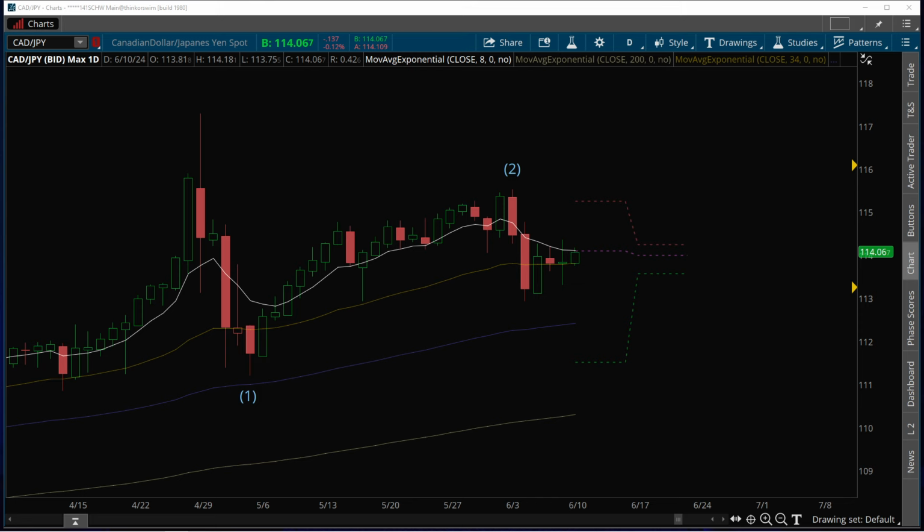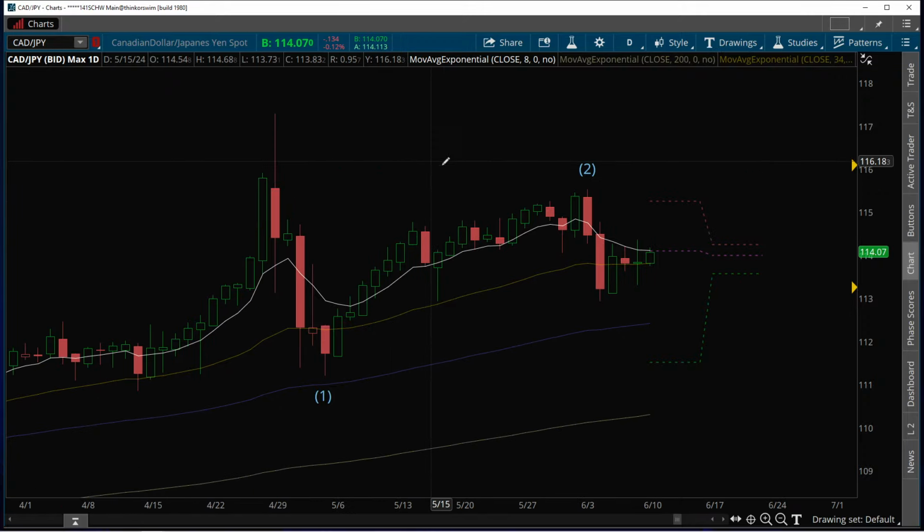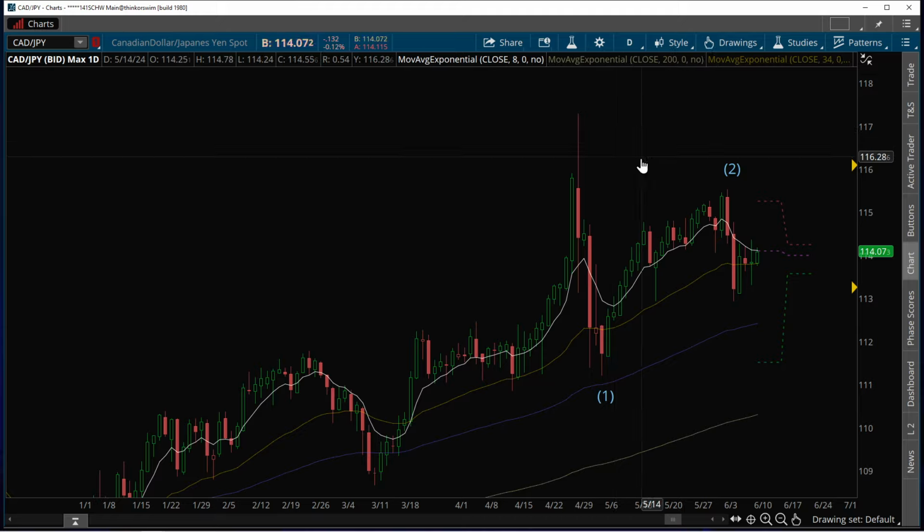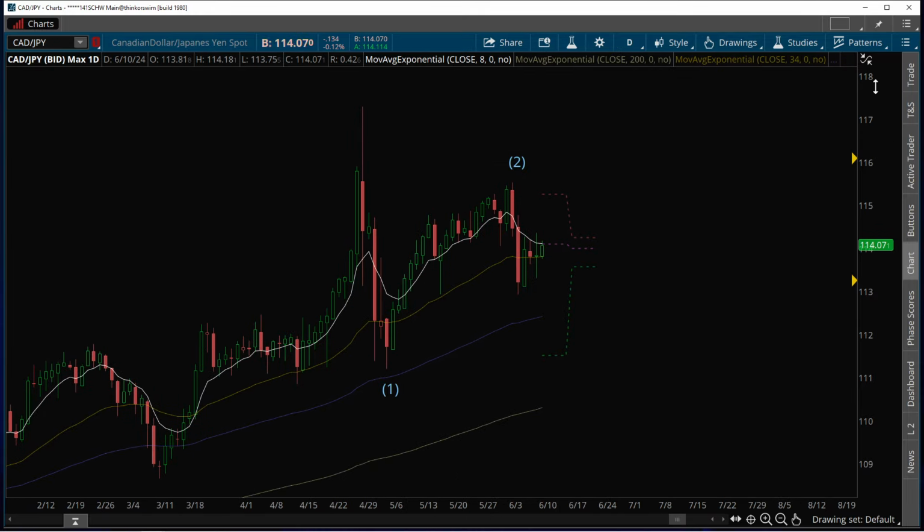And let's go. Start off here on CAD Yen. Daily chart. So, if you saw the trade of the week video I put out, I didn't put the count in there. I probably should have, but